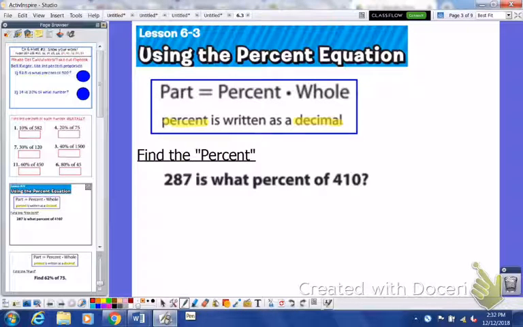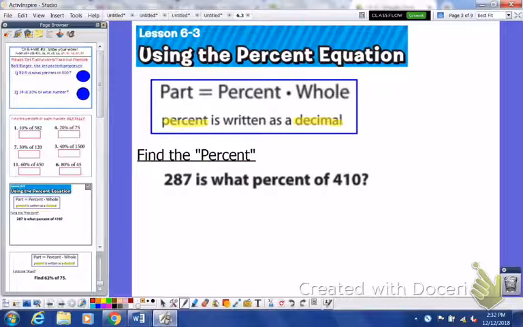Alright, here we go with lesson 6.3. I remember we skipped lesson 6.2, so you should be moving from 1 to 3. In section 3, we're going to be using the percent equation. Very, very similar to what we did in section 1, except instead of using that proportion, we're now going to